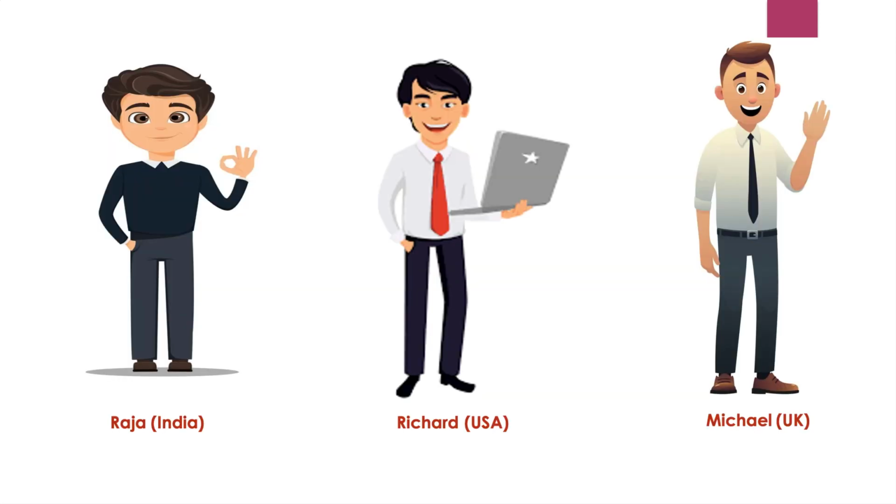For example, if city equals London, then Michael, or whoever is working for that sales area, will have access to that record. It means based on criteria, a record that somebody is creating, that can be Raja or Richard or someone else, will get shared with a particular person who is working in the London sales area.